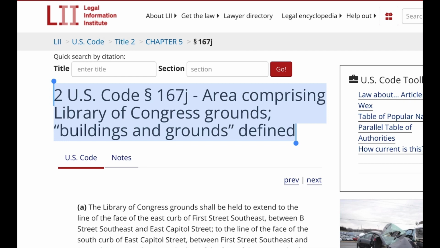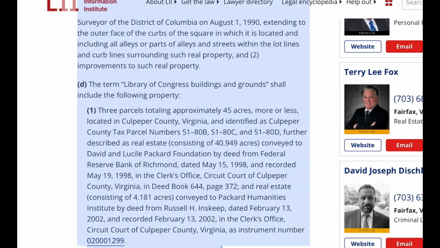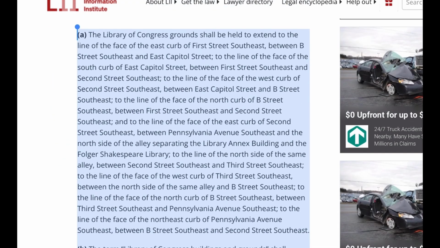2 U.S. Code Paragraph 167G, Area comprising Library of Congress grounds, buildings and grounds defined. A. The Library of Congress grounds shall be held to extend to the line of the face of the east curb of 1st Street Southeast, between B Street Southeast and East Capitol Street, to the line of the face of the south curb of East Capitol Street, between 1st Street Southeast and 2nd Street Southeast, to the line of the face of the west curb of 2nd Street Southeast, between East Capitol Street and B Street Southeast, to the line of the face of the north curb of B Street Southeast, between 1st Street Southeast and 2nd Street Southeast, and